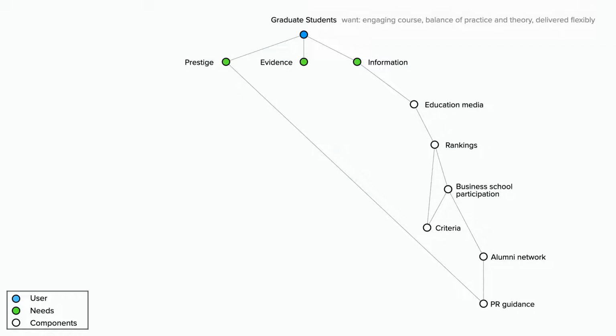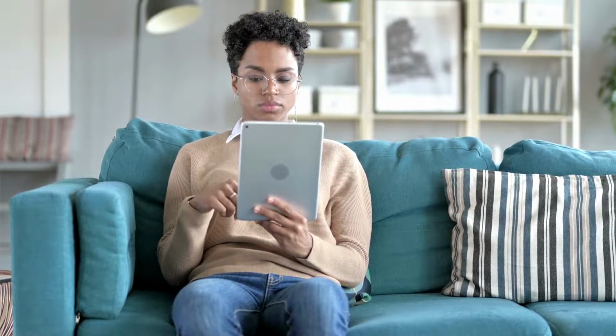We are showing the steps needed to inform prospective graduate students about the best courses on the market. So let's assume our business school has done a good job of getting up the rankings and prospective students want to learn more specifically about our courses. The next thing users would probably do is visit our website to learn more about our business school. Therefore, our website has to be informative and engaging, which means it needs the following: